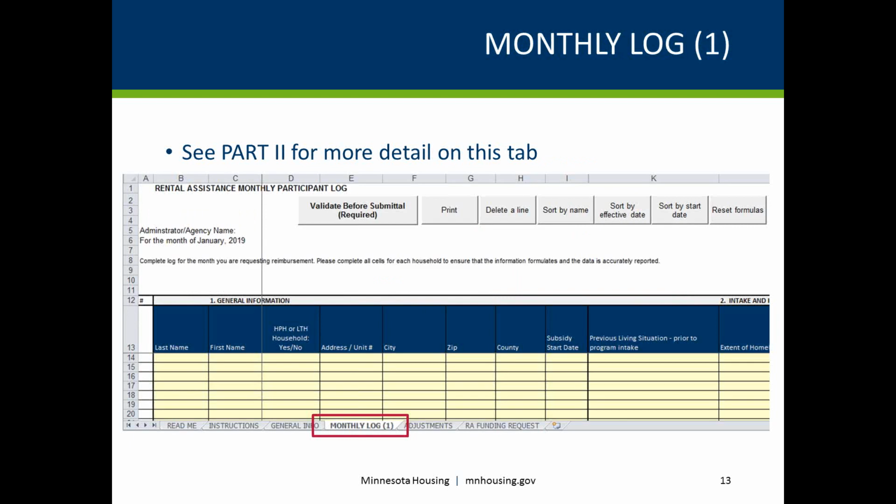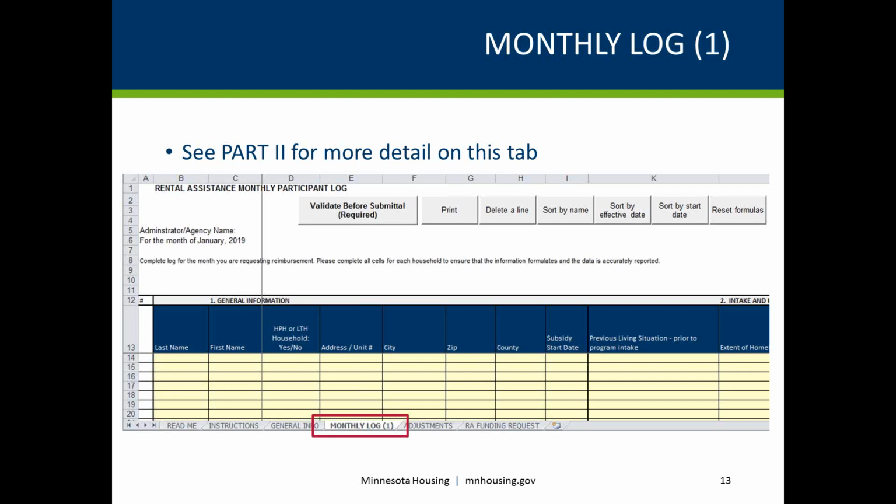It also offers automated calculations and formulas to assist in your data entry and reporting requirements, such as rounding, prorating, and removing a subsidy when suspended or termination is selected. It also auto-calculates 30% of participants' income. Due to the number of fields and the functionality on this tab, there is another tutorial that focuses specifically on the monthly log. We recommend you watch Part 2 of the Draw Request Form functionality, which specifically details monthly log